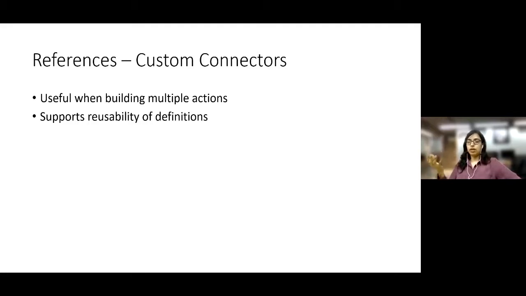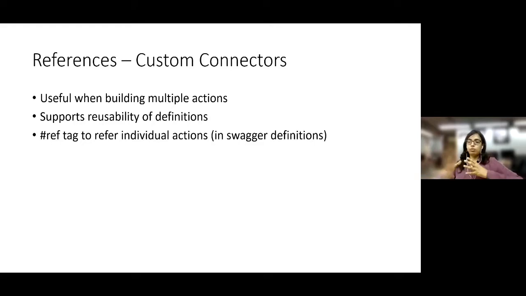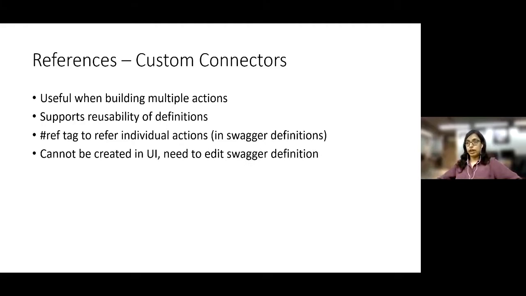For example, if you are using a definition in your Swagger file for your custom connector, that's where you can use the hash ref tag in order to reference the definitions. This is only available when you edit the Swagger definition of your custom connector. So you need a little bit of knowledge of Swagger, OpenAPI and JSON in order to use references, because you need to edit the Swagger definition. You can't do this from the UI,